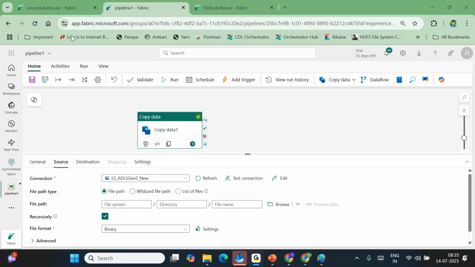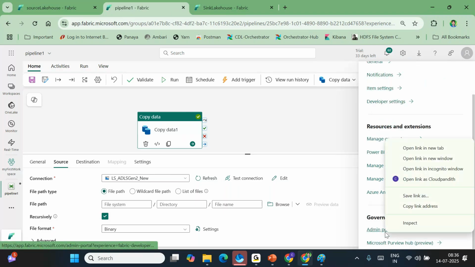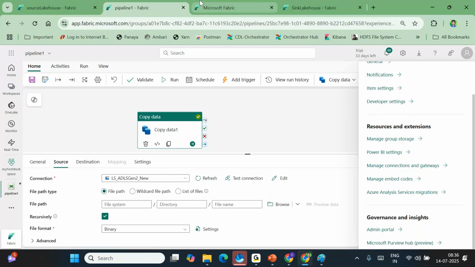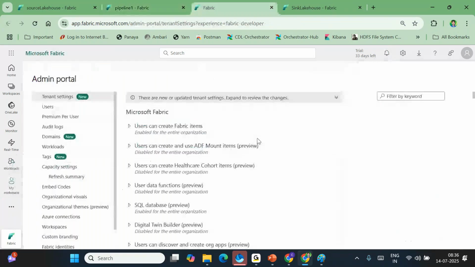Sir, just one question. If any changes are made in the input, will they reflect in the output? No, it will not reflect until you run the pipeline. When a new file comes, you have to run the pipeline to make it available in the sink. Every time we have to run it? Yes. Is there any auto refresh? No, you can schedule the pipeline. It is not that you have to manually come and run it. You can schedule it. We will discuss those things in the upcoming session. Sure, sir. Thank you.